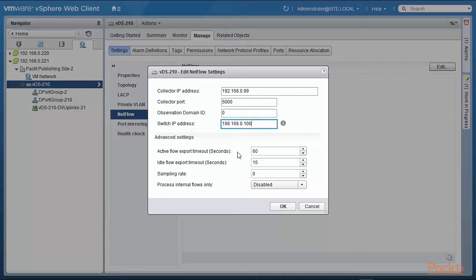So it's really important to be able to fine tune the actual settings for NetFlow. But usually, for what is called the active flow export timeout, many reporting systems are based on the fact that it'll be 60 seconds or 1 minute. What the active flow export timeout actually means is that the flow information is sent to the collector IP address